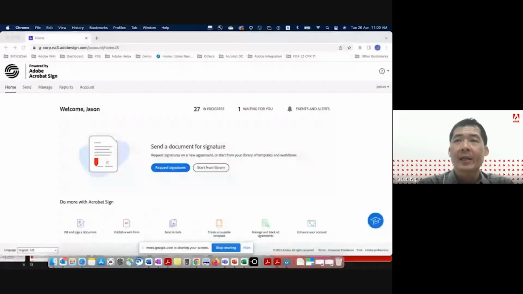So it's loading up. Yeah, so I'm going to do a quick demo in terms of how easy it is to send a document for signatures, and also illustrate the three I's that we were looking at earlier on. All right, so you can see I've logged into the Adobe Sign portal itself,